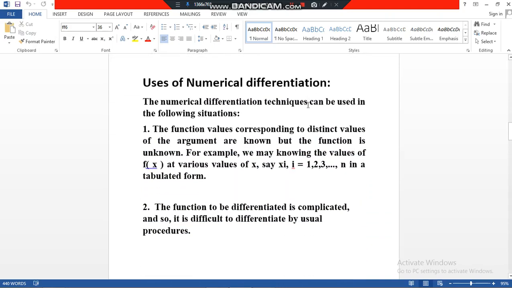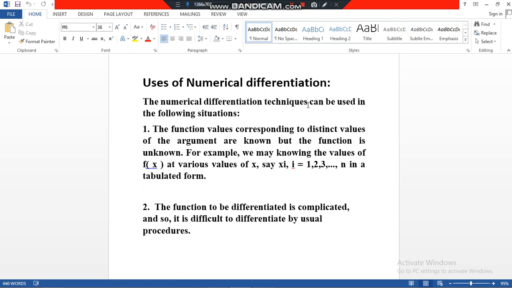So these are the uses of numerical differentiation, or I can say these are some advantages of numerical differentiation over the analytical method. The first one is that if we know the tabular values of some arguments or entries, then with the help of that data we can easily calculate the derivative of a function without exactly knowing the equation of that function. For example, if we know the values of f(xi)'s at particular